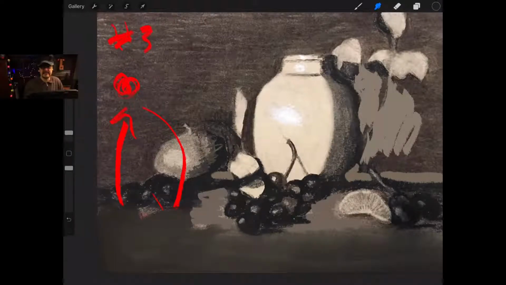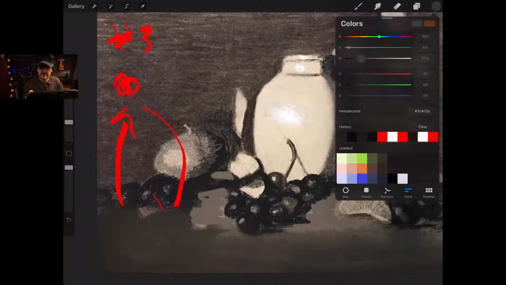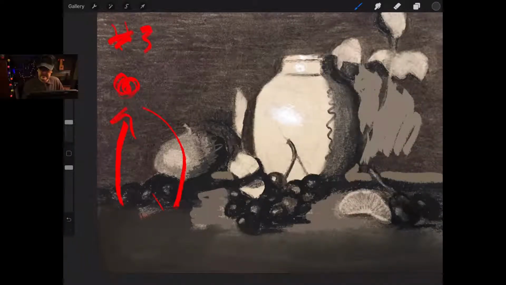Okay, so if we go from light to shadow, and that would include, I'm going to have a hard time doing it, but let's see if I can get this done. Like that edge right there is just a little bit hard. See if we can soften that up a little bit. Okay, now again, we probably don't want on a white vase quite this dark, but just so we got the order right,